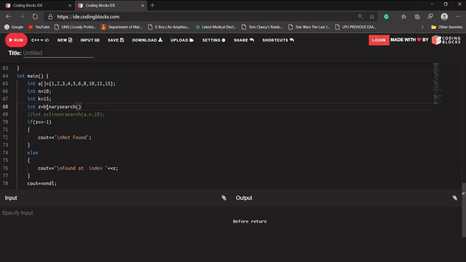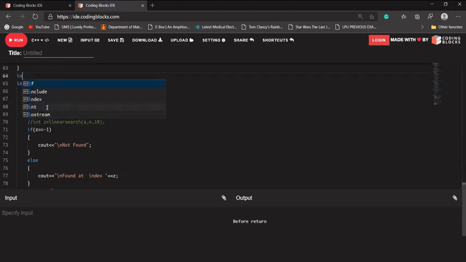Binary search will take an array and the value that needs to be searched. Let's try to search 10 only. The return type of this binary search function will be int, because it will return the index. If it exists, it will return that index. If it does not exist, it will return -1.